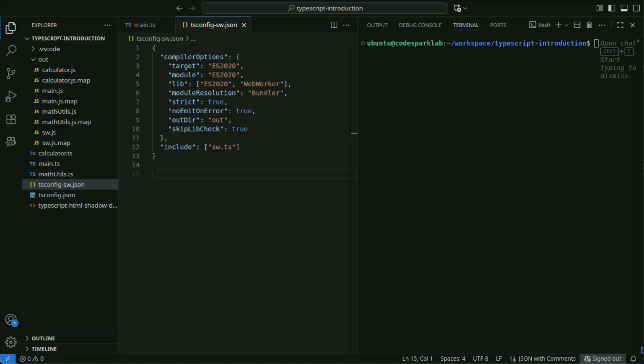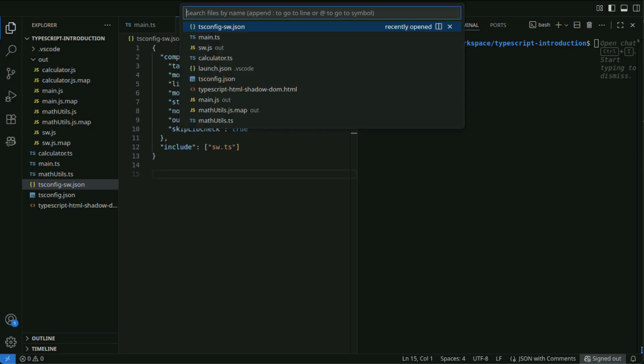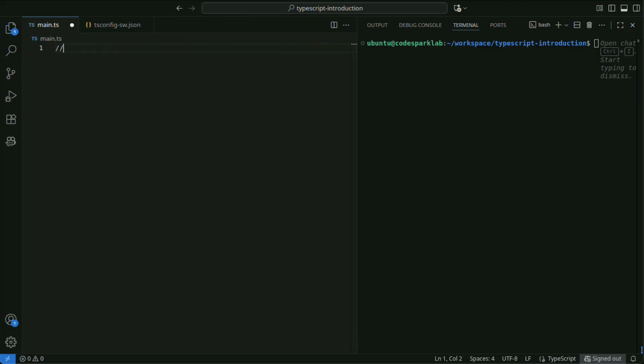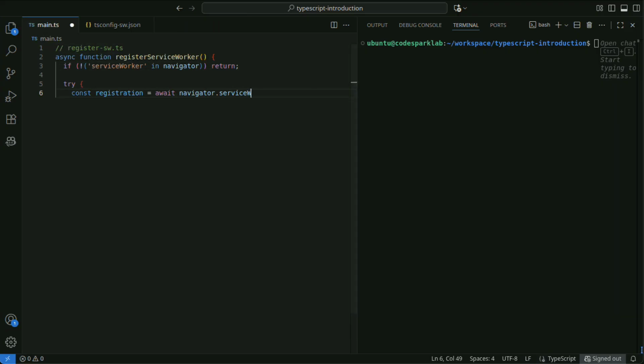First, let's look at an example of registering a service worker from the browser main script. This process registers a service worker.